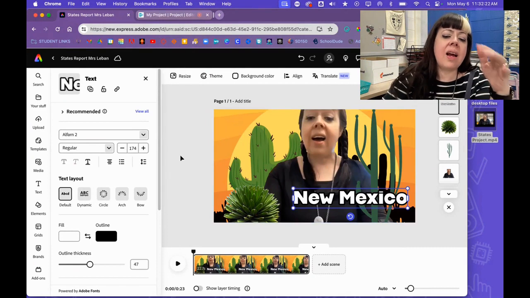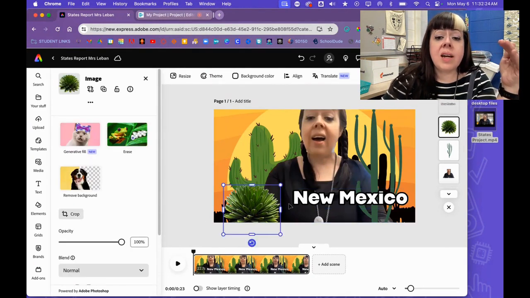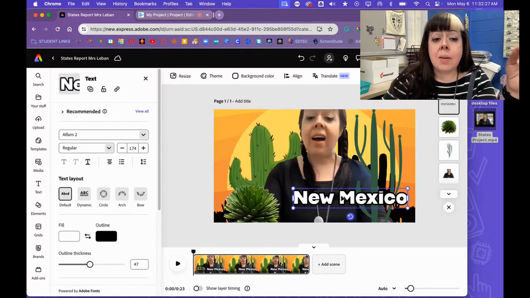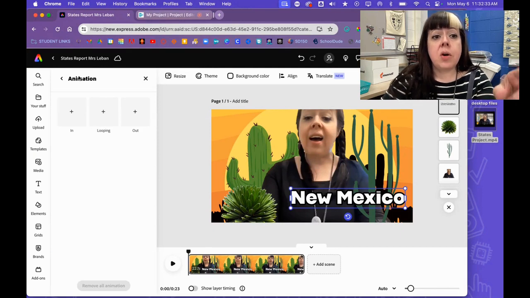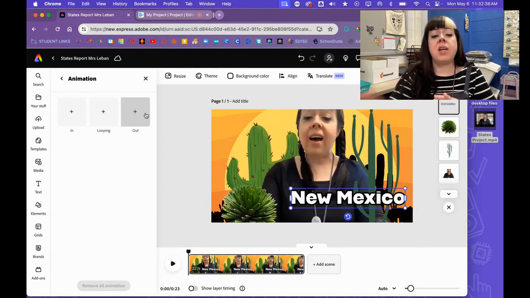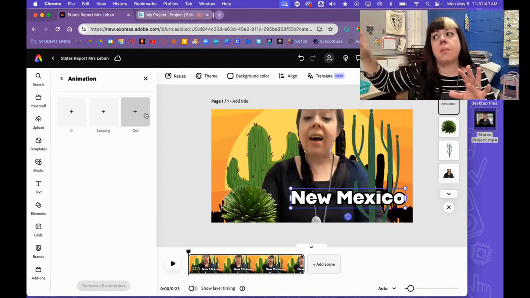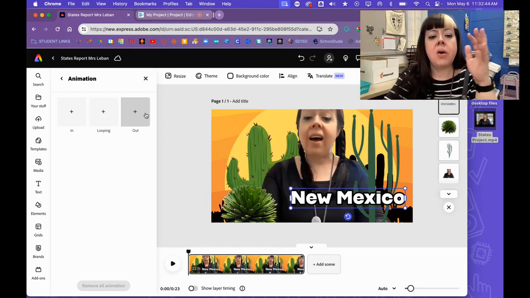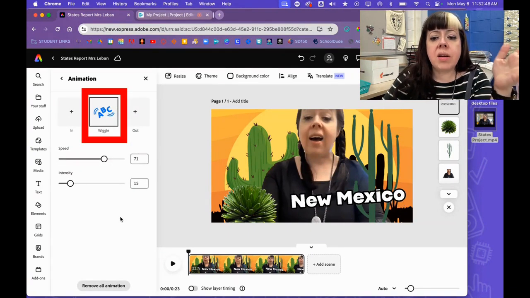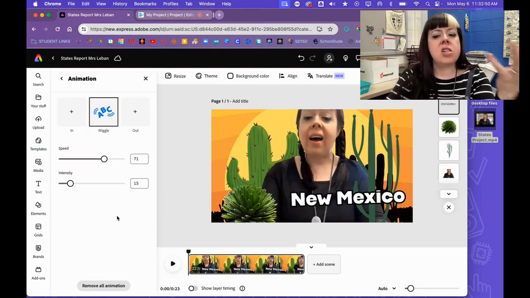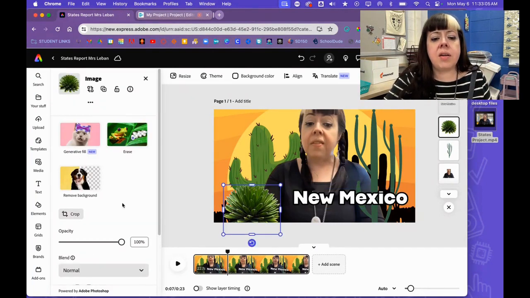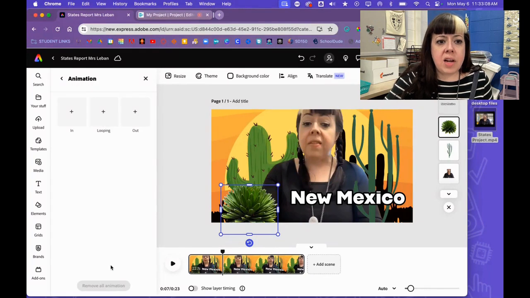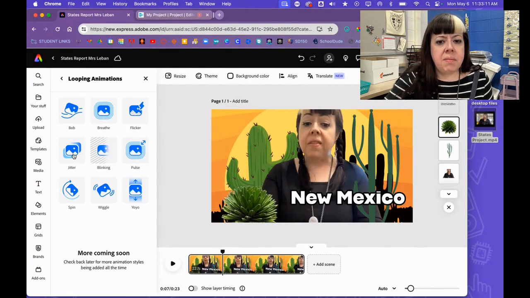What the students really like on top of this that's kind of fun is that when you click on the individual elements, you now get options like scrolling down to the bottom of the page and clicking on animation. So under animation, you can actually choose 3 animations. You can have something it does moving in, something it does during the video, that's your looping animation, and then something it does to fade out or exit the video. I'll do looping, so if I click looping and I click on wiggle, you see New Mexico wiggles back and forth. It's going to do that while I'm talking. And in Adobe, you can do this with all of your items. So I could click on my little cacti here, and I could go to animation, and I could click on, I don't know,